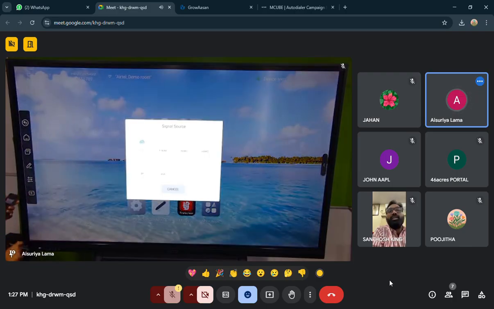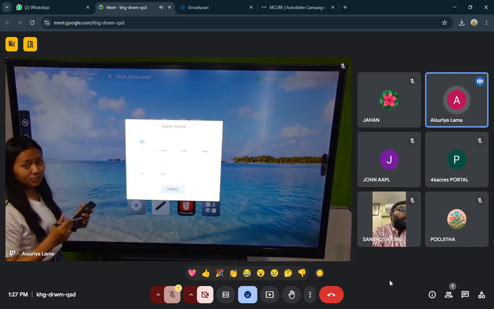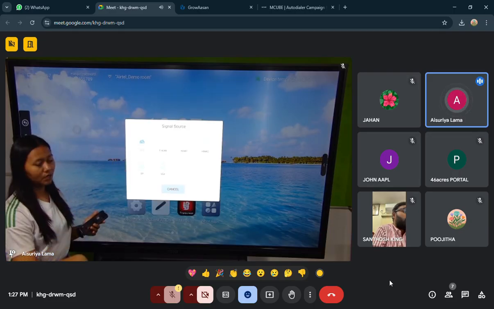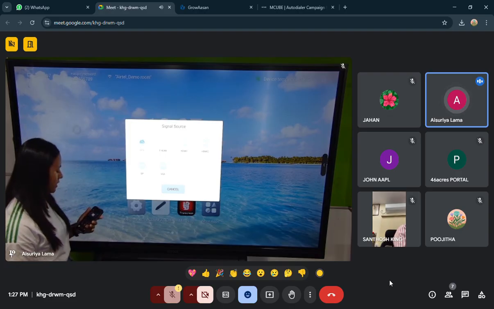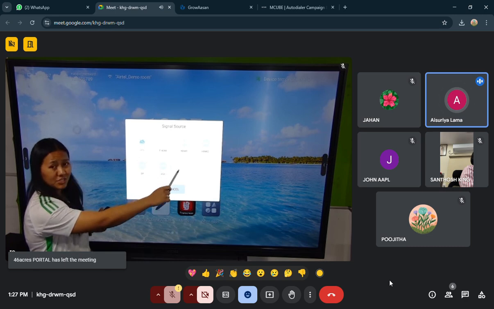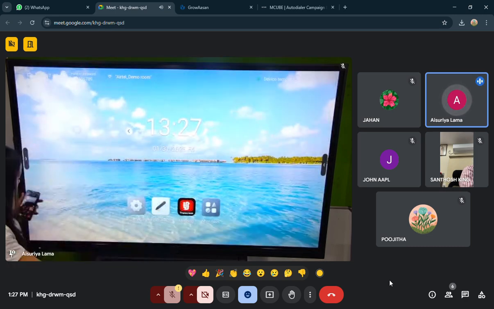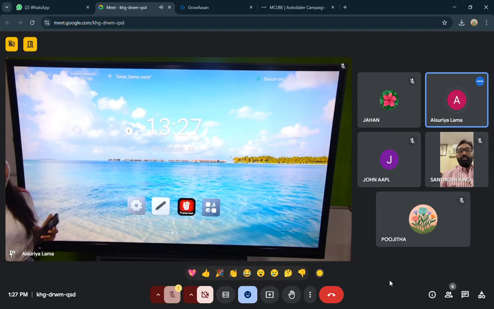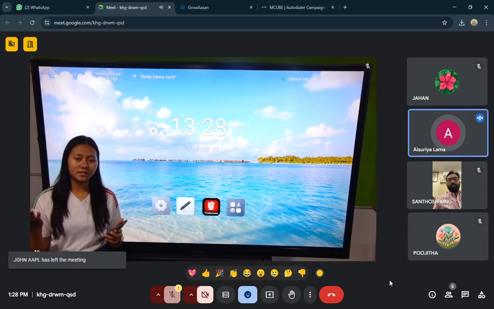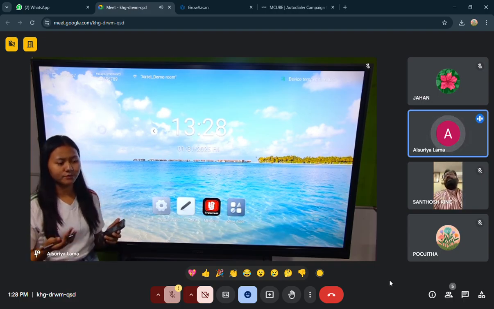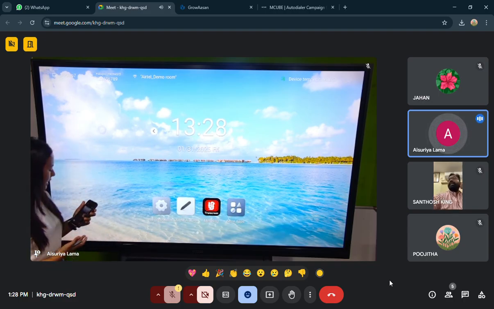It's very simple. Just click the signal source, and if you have connected your OPS, it will be blue in color. Click OPS, you will move to Windows. Click the home page, you will come to the Android version. Apart from this, you have HDMI connections here, 1, 2, 3 and 4, and VGA connections and all. Now if you check this edge, you have many ports available like Type-C, HDMI, touch port, USB. Not only here, behind the panel also there are multiple ports available. In case you want to connect an external device like a printer, microphones, Bluetooth, anything like that, you'll be able to connect using those ports.